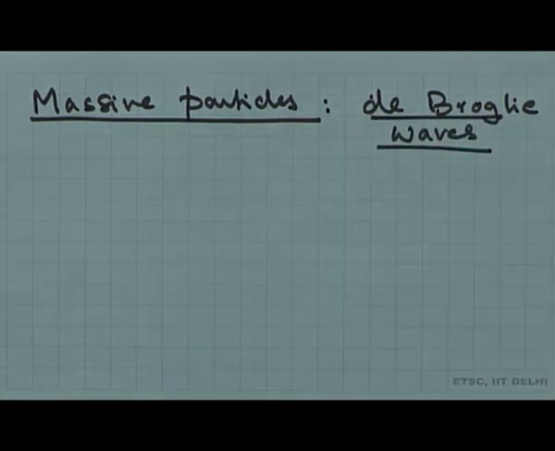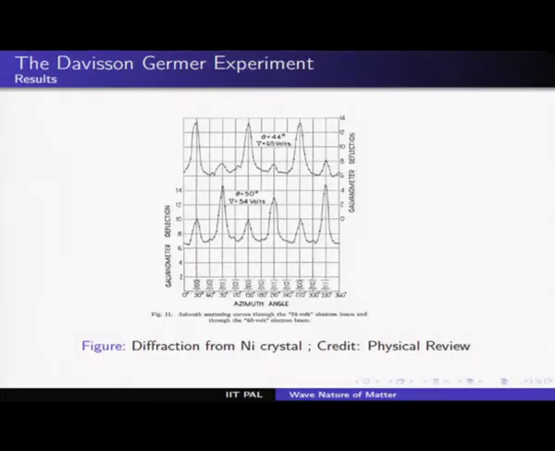So before I do that, I would like to direct your attention to this slide, the Davisson and Germer experiment. This is the great experiment which they performed in 1927. And what are we finding? We find that there are beautiful peaks which correspond to constructive interference. That is what we are finding here.